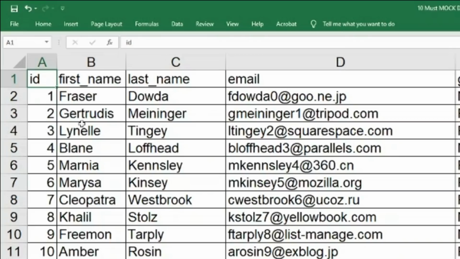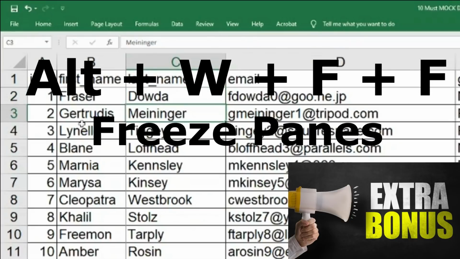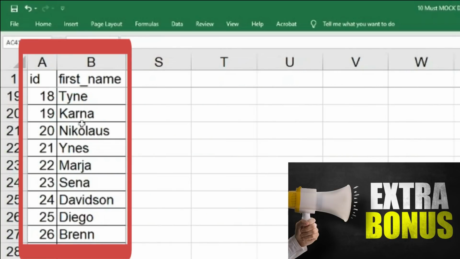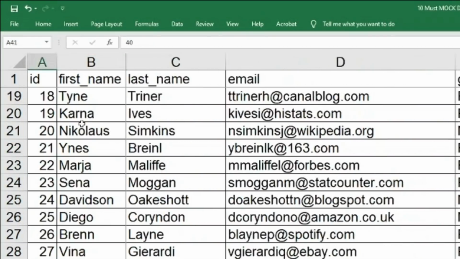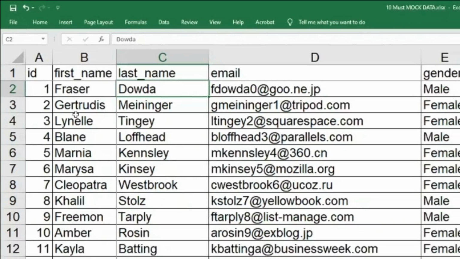What I do in that case is I try to freeze the panes so that my top row at least is visible, in case I want the name here as well. So I'll go here to cell C2 and press Alt W F F. What it does is it freezes my first row, and if I go to the right, my two columns, because when I froze the panes, I went to cell C2. So anything to the left, which means columns A and B, and anything on top of row number 2, which is row number 1, will remain frozen. This way it's much easier for me.